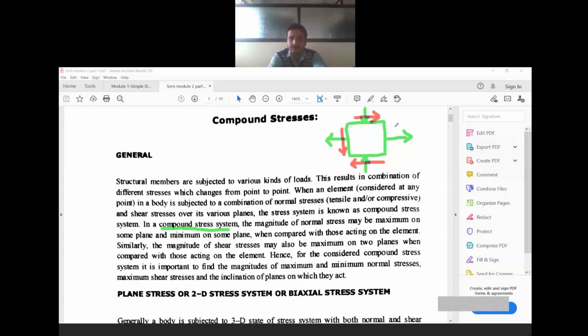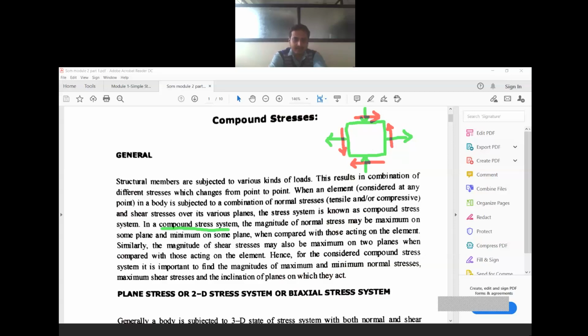Now observe. These are all the types of stresses which will be acting on a system or a body. We have just considered one element of a plane, one element only, for studying purposes. What will happen is, when I apply the tensile forces, the tensile stresses will be developed in which plane? In this plane.